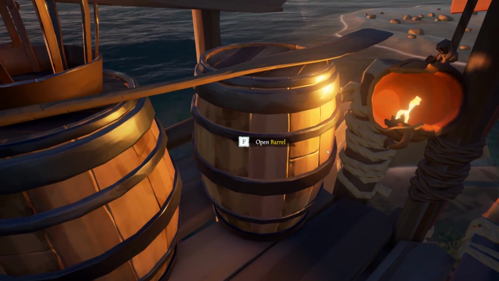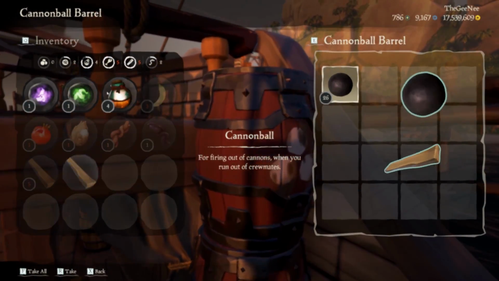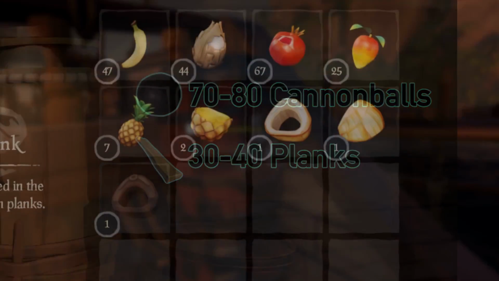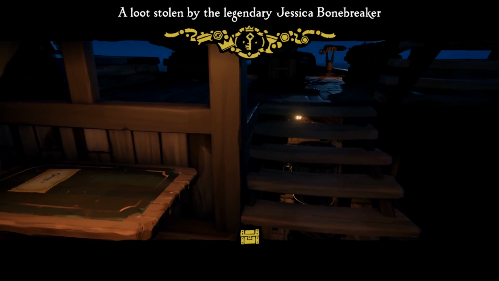I personally have an internal counter for when I feel like I have enough, I'm ready to set sail. But if I were to put a number on it, here's what I recommend to have before setting sail by yourself. 70 to 80 cannonballs, 30 to 40 planks, and as much food as the island allows you to have. Now you got your resources, you picked up your voyage, and you're ready to set sail to the island your